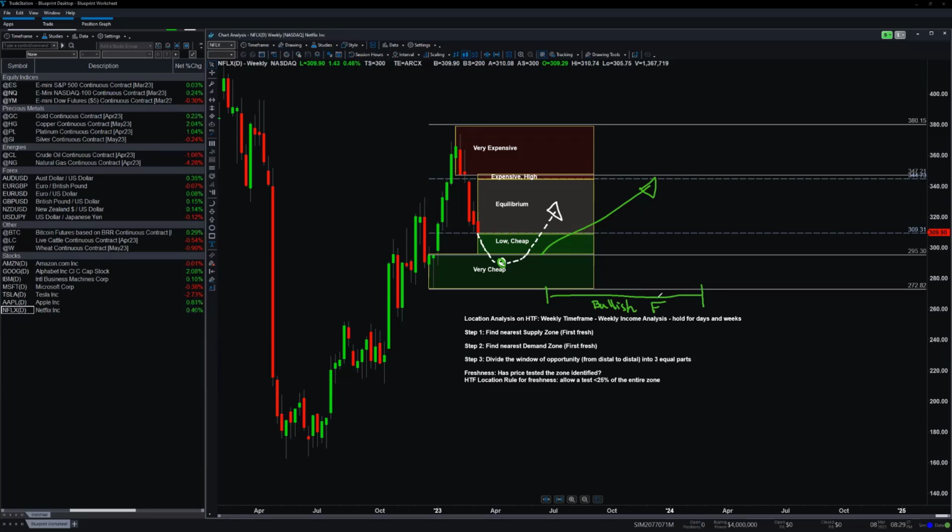So even if I have bullish fundamentals as price is here, just because I have bullish fundamentals doesn't mean I'm going to buy here, right? It doesn't make sense. I want to time the market. I don't just want to buy in equilibrium. So I can be right